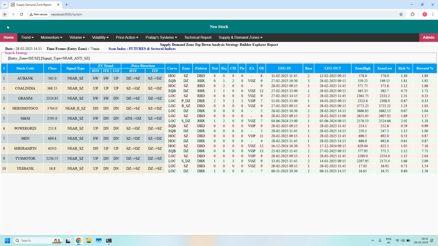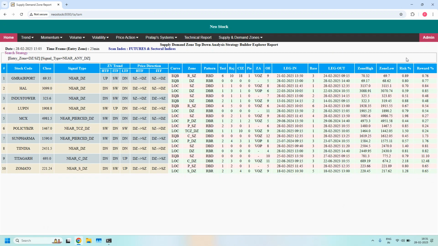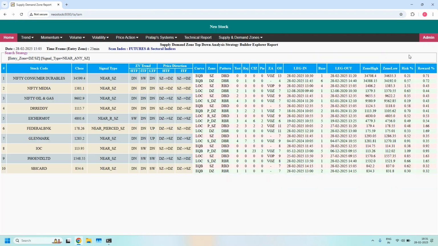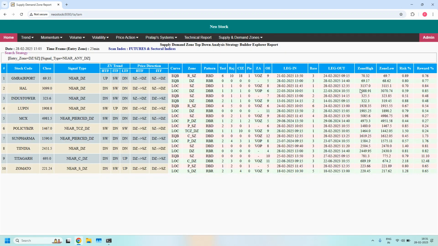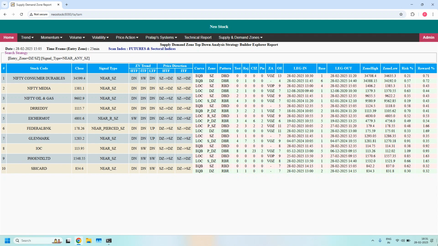Okay, the next time frame is 25 minutes. Stocks near 25 minutes demand zone. We got 10 stocks. Next, 25 minutes time frame. Stocks near 25 minutes supply zone. We got 10 stocks. Demand zone also 10, supply zone also 10. Okay, for 25 minutes time frame. So next time frame is